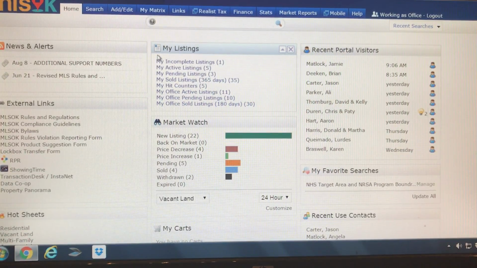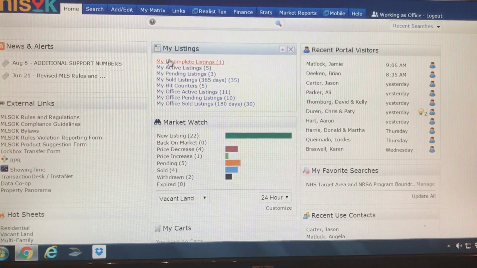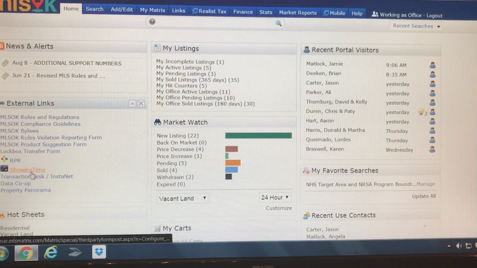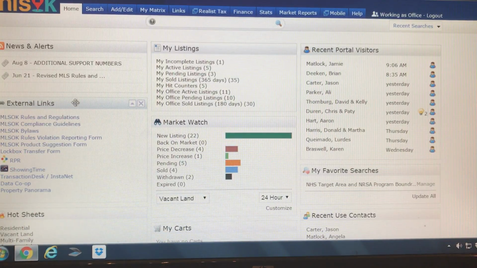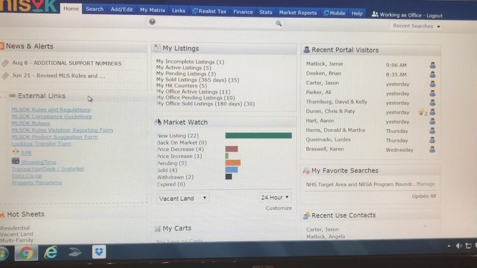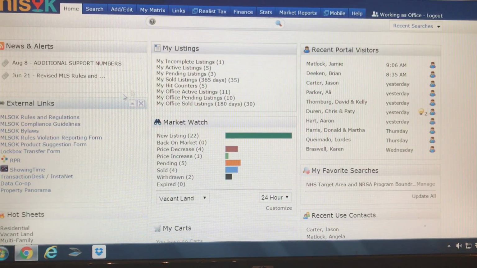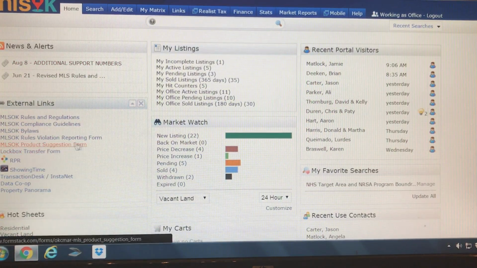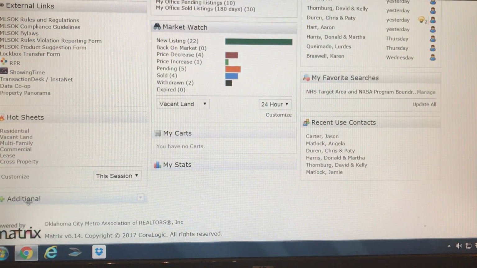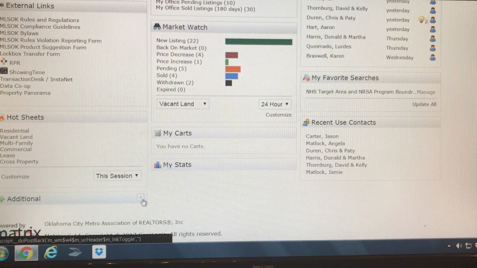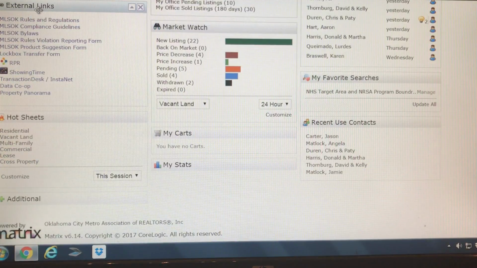Okay, so I got my listing active and now I want to show you how to set up showing time for your listing. So from your main page, you're just going to go over to your external links wherever you may have that. Remember that these are movable, so your sheet might look a little bit different than mine, and if you can't find external links somewhere on here, then find your button that says additional and add it right there. So go to external links, we're going to click on showing time,